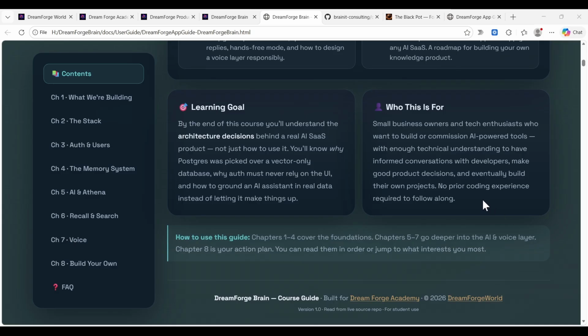So a quick note on who this is for. This is for beginners without a technical background. It is not for full stack developers unless you have an interest in this area and you're coming from the old way of doing things, but you have a solid code foundation. You just haven't worked with AI and SaaS agentic coding in modern times.